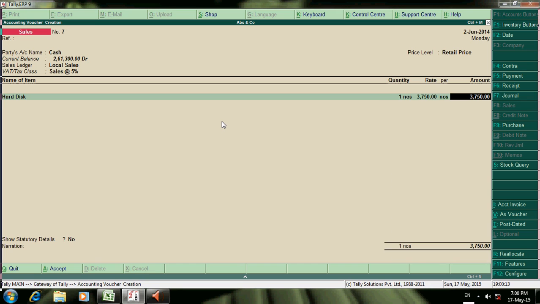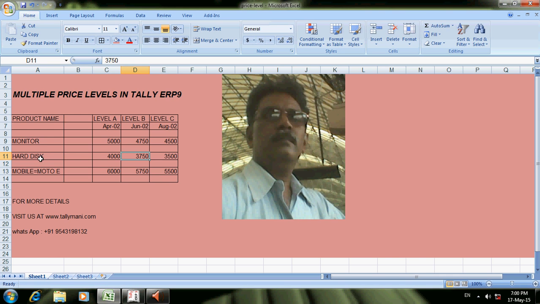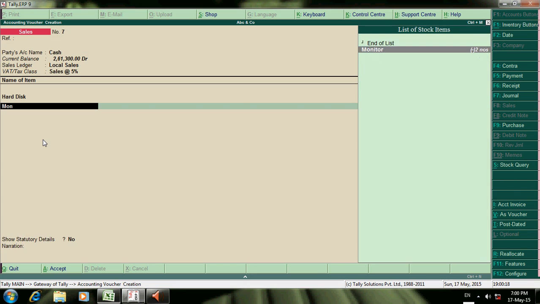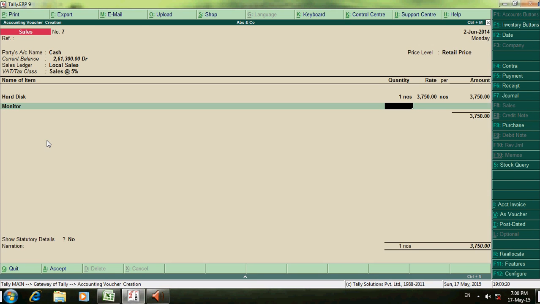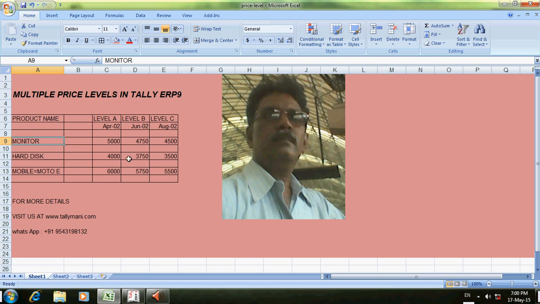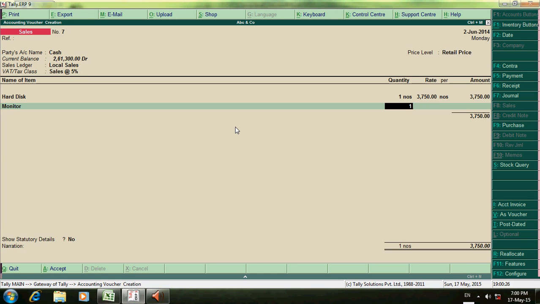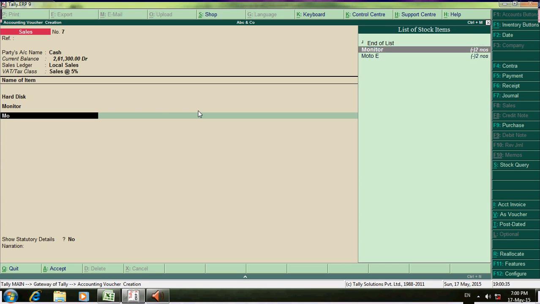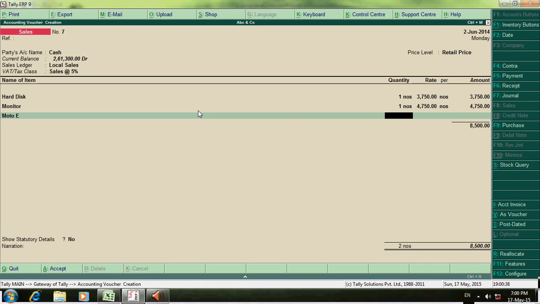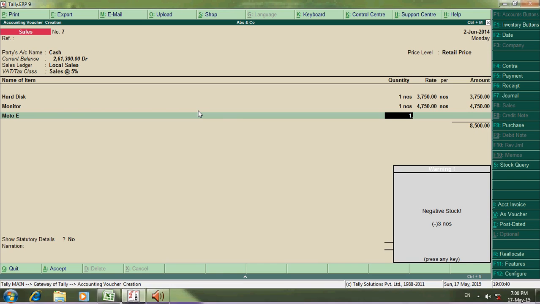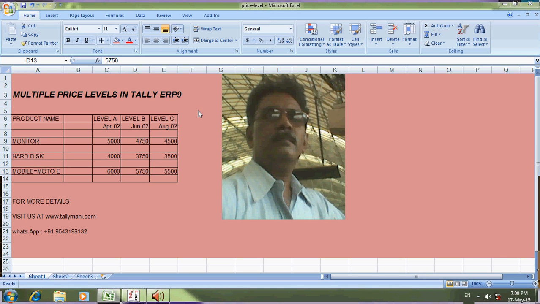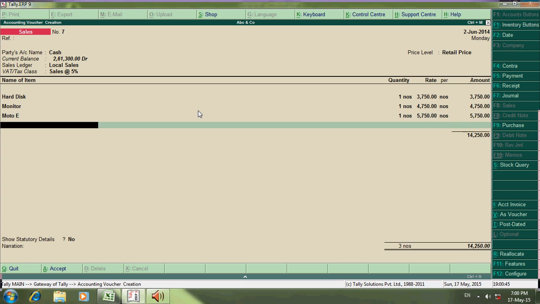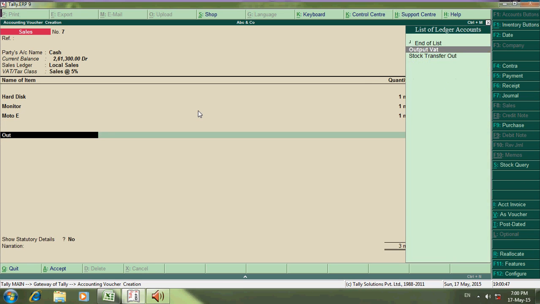One number, 3,750. Monitor. When I enter monitor quantity, the rate will pick up as 4,750, right? Then Moto E, one number, that will take the rate as 5,750. That's it.